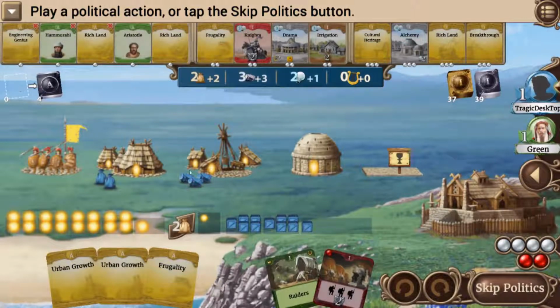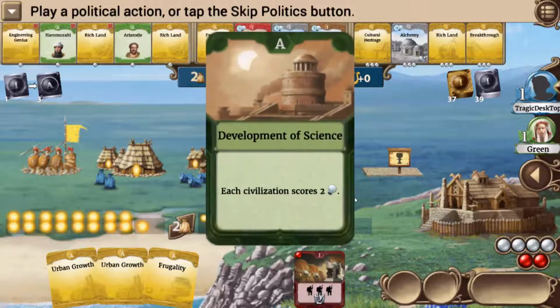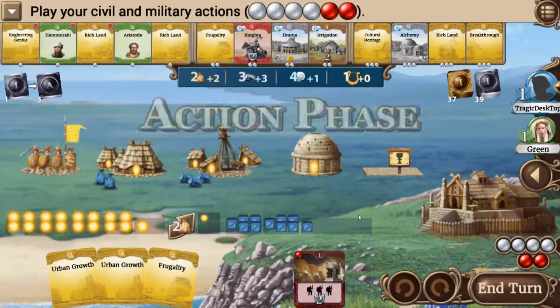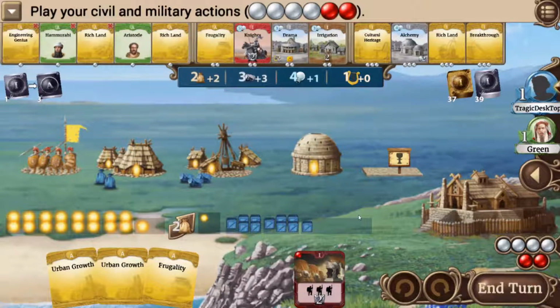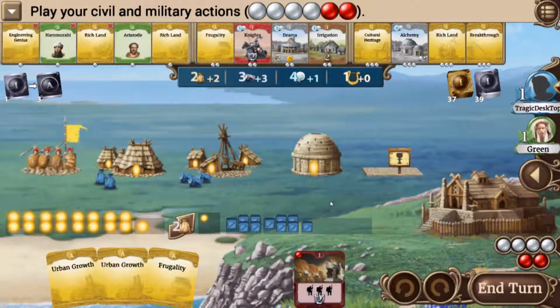Now all these cards, these 4 here, are the default Antiquity Age cards, so they're all good. They do nothing but good things. So I'm going to play this for sure, and then I've got to make sure that my civilization, oh, I get 2 rep, that's nice. I've got to make sure that I don't have the weakest civilization. See, at the moment, we're 1 each, because we've only got our 1 warrior. So, I'm going to take,